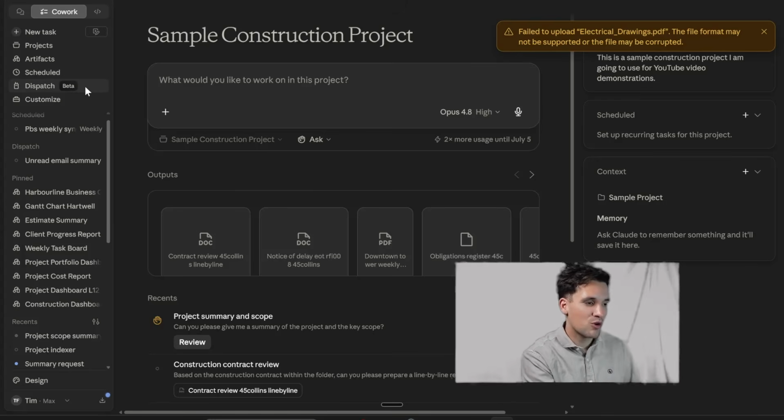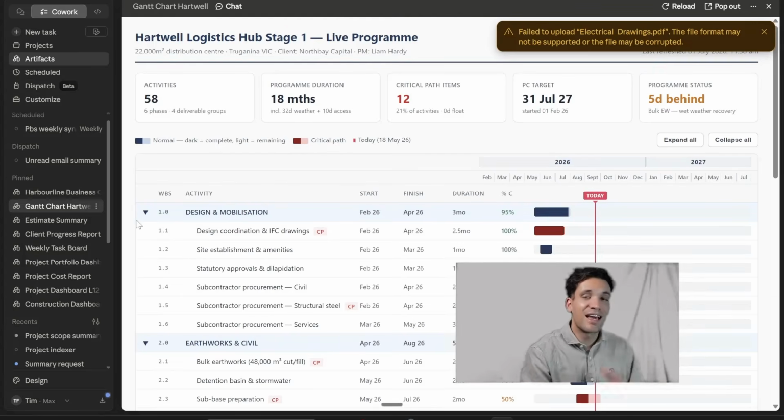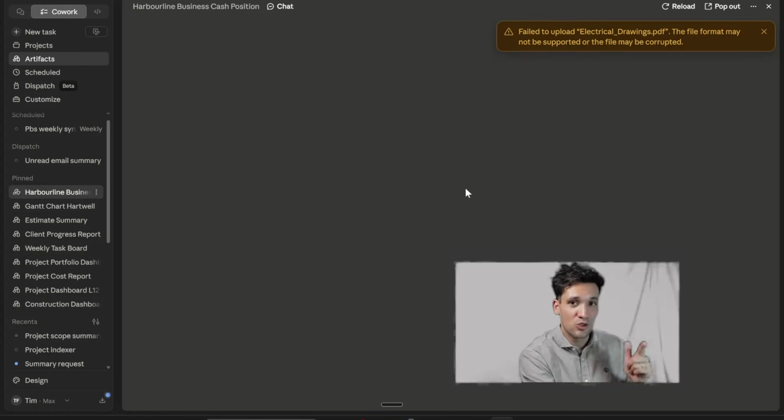The other features of Cowork is dispatch, so you can run it off your phone. Again, I don't really use that. I actually have a Hermes agent set up, which I'll cover in a different video, which I use to message and run AI. And you can also set up these live artifacts. Again, that is where building these sort of dashboards and live artifacts, that is actually something I use Claude Code